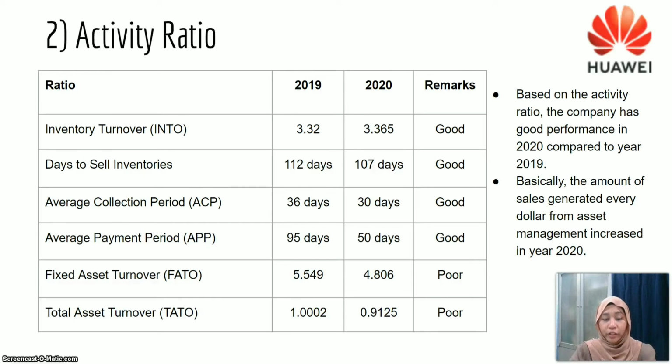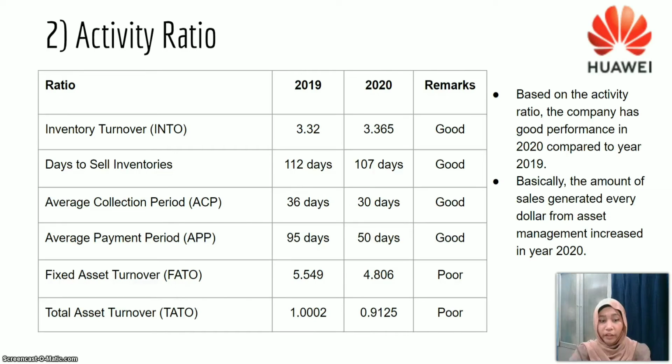The third one is the average collection period, which is ACP. ACP shows how many days the company takes to collect its accounts receivable. So shorter days are more favorable. The formula is accounts receivable divided by credit sales times 360 days. In 2020, the company takes about 30 days to collect its accounts receivable, compared to 2019, when the company takes overall 36 days. So we can see that there is a 6 days difference in 2020,